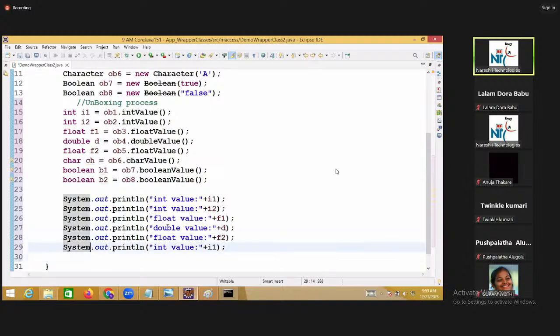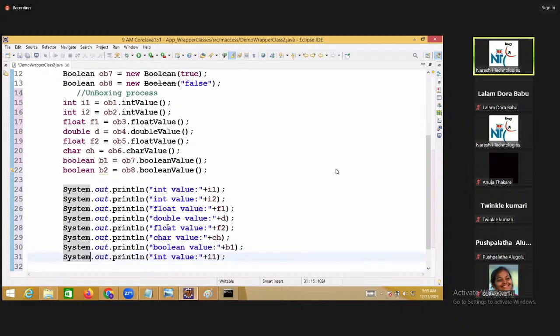Sir, char value, this is ch. Sir, this is boolean value, this is b1. And boolean value, this is b2. Over, no? 1, 2, 3, 4, 5, 6, 7, 8.